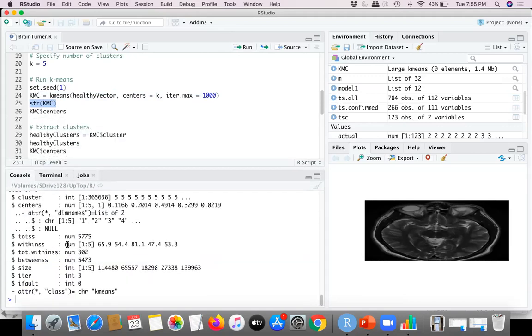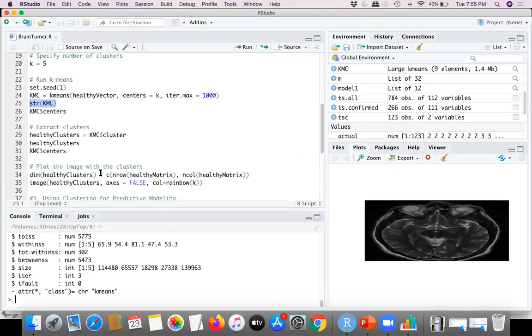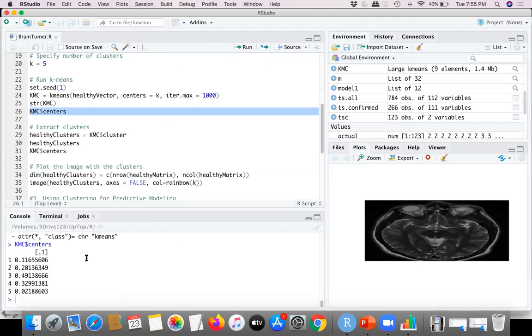You can see this KMC has multiple variables like plots, withinss, betweenss, size, iteration, etc. Let's see the centers in the KMC. All are the 5 different clusters created, with the centroids as 5 different values.